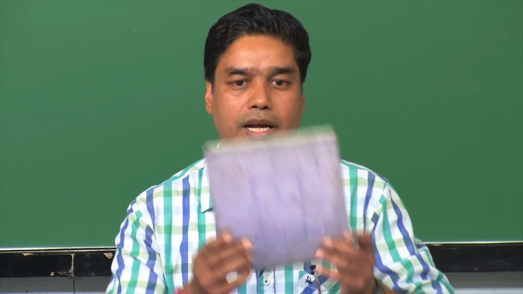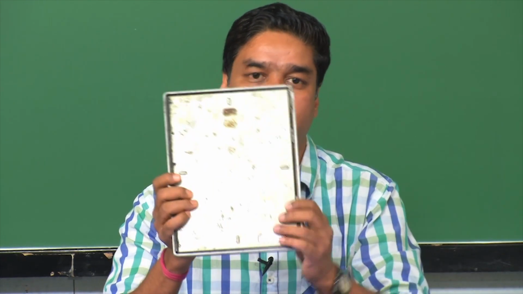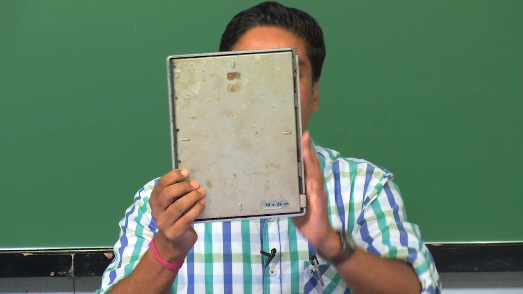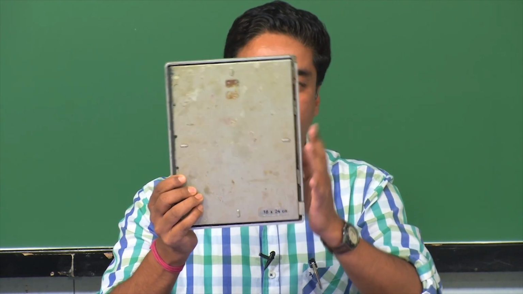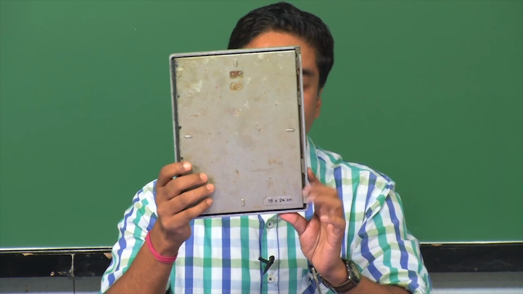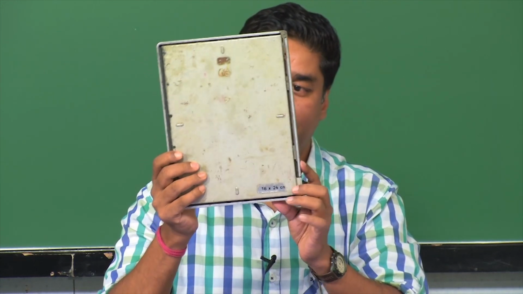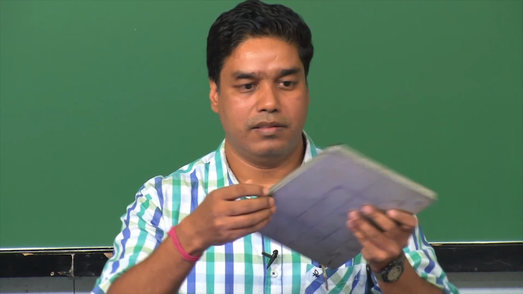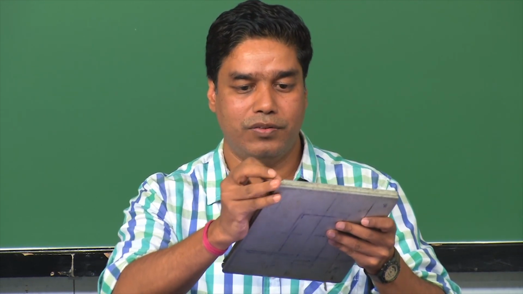This kind of holder that you see over here is available in different sizes depending on the size of the sample that you have, and it has a chamber inside. If you open it, you could see that,